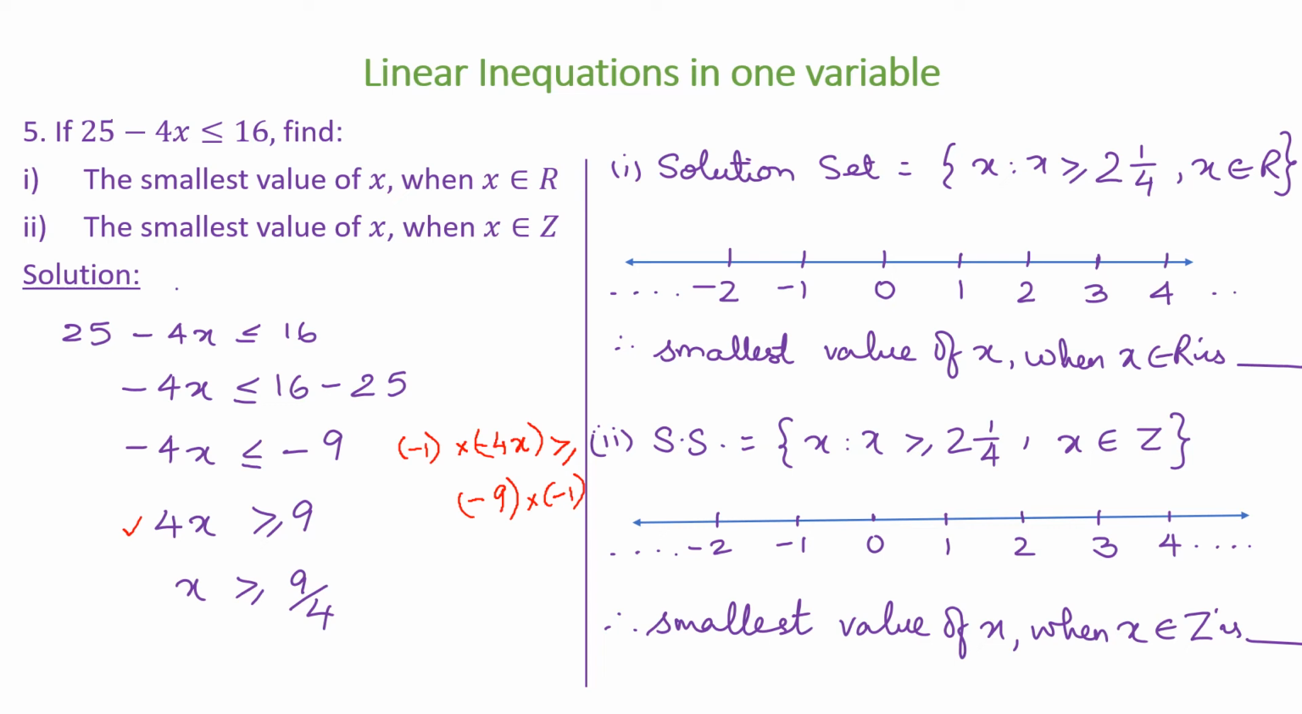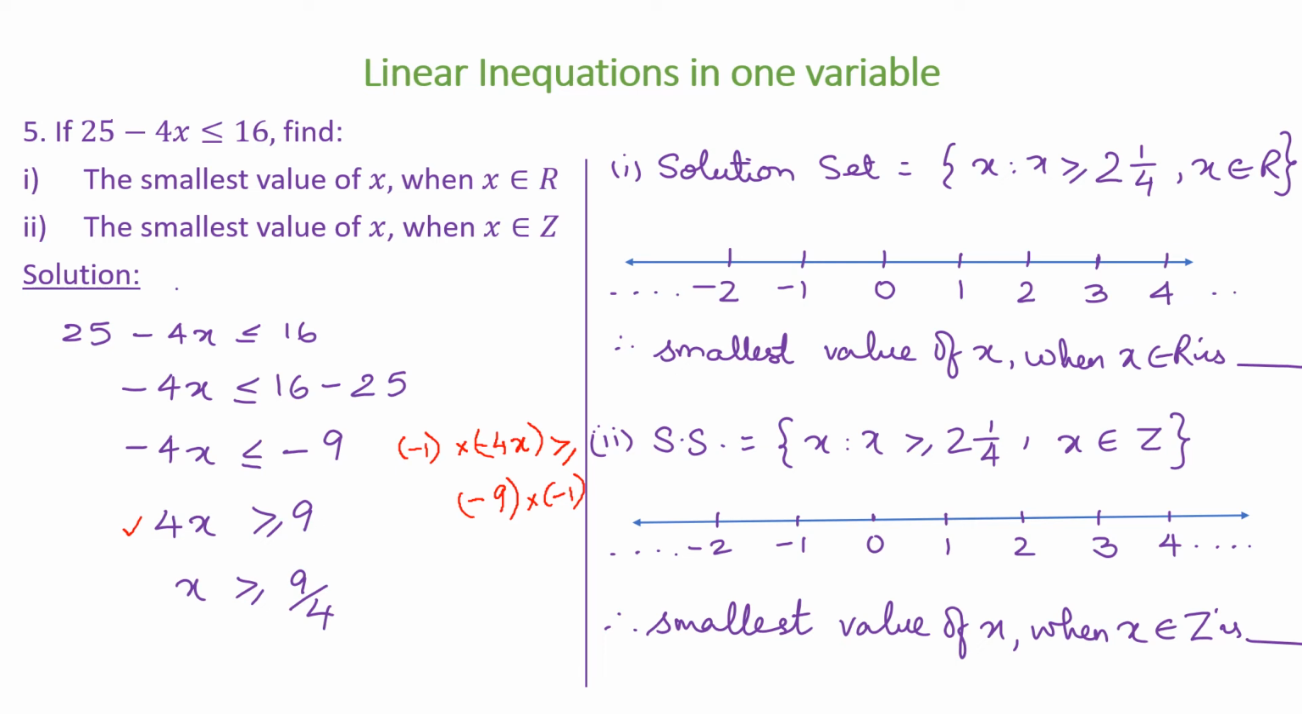And I write the solution set as, so I am attempting over here when x belongs to R and x belonging to Z. So the solution set for the first one, x belonging to R, is going to be x is greater than or equal to 9 by 4. I write the improper fraction as a mixed fraction: x is greater than or equal to 2 1 by 4, x belonging to R, which means my